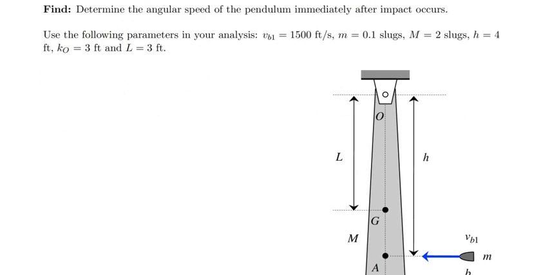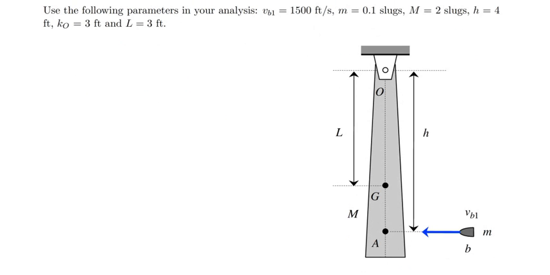Okay, so the thing that we're going to note here is we want an angular speed after an impact event. That's going to be a key indicator to us that we're going to want to use angular momentum methods. And so to this end, what I want to do is start by drawing a free body diagram for my system. In this case, making the system as large as possible, inclusive of both the bullet and